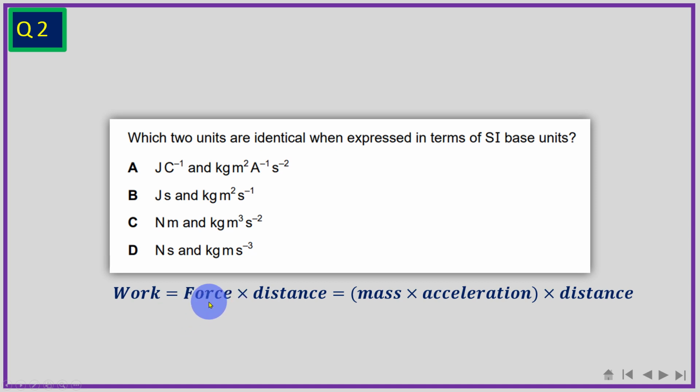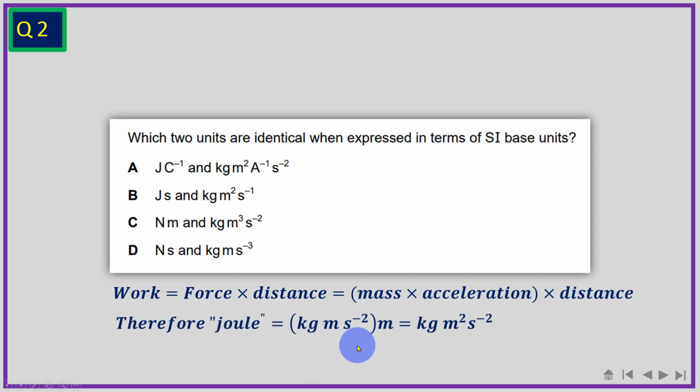And then we break down force as mass times acceleration. This is how we define force. It is defined as the product of mass and acceleration. In fact, force is defined as the rate of change of momentum, which is expressed as mass times acceleration. So at this point, we are able to recall that the base unit of mass is kilogram. Acceleration is very easy to recall. This one is meters per second squared and distance is meters. So we can therefore express the joule in terms of base units,